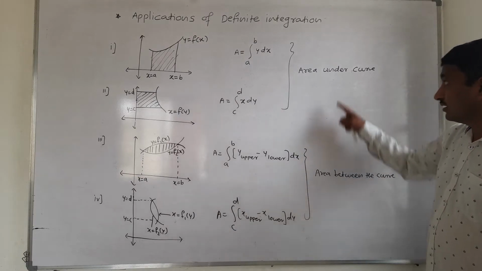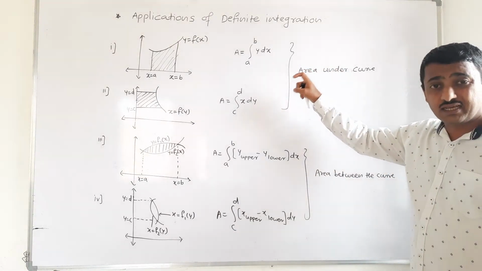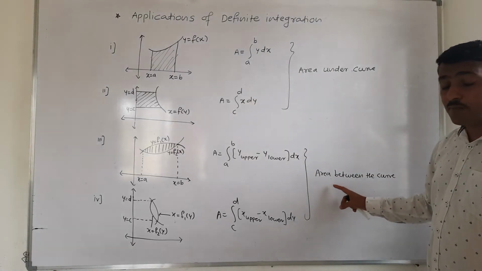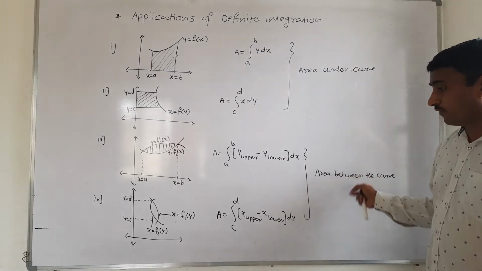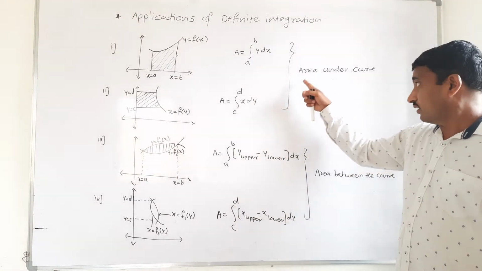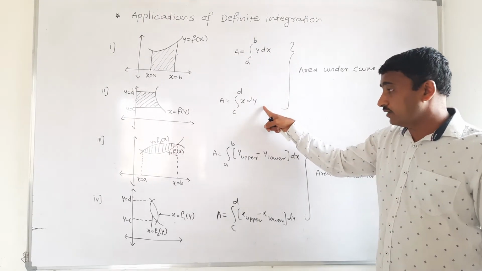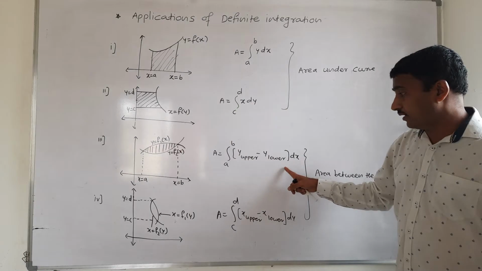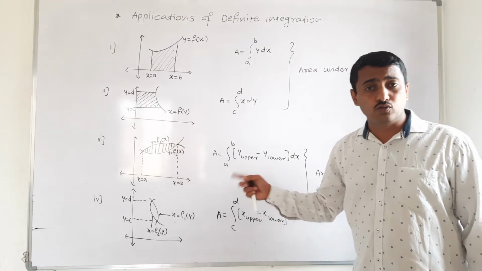Second is A is equal to integral c to d of (x upper minus x lower), here with respect to y, here with respect to x. Therefore there are only two types: area under the curve, if it is a single curve, and area bounded by two or more curves, that is a different question. This is for area between the curves and these two are the area under the curve. याच्यामध्ये with respect to x आहे, with respect to y आहे, दोन्ही साइडला आपल्याला घेता येईल. इकडे with respect to x, with respect to y, जे सुटेबल आहे ते आपल्याला यूज करता येईल.